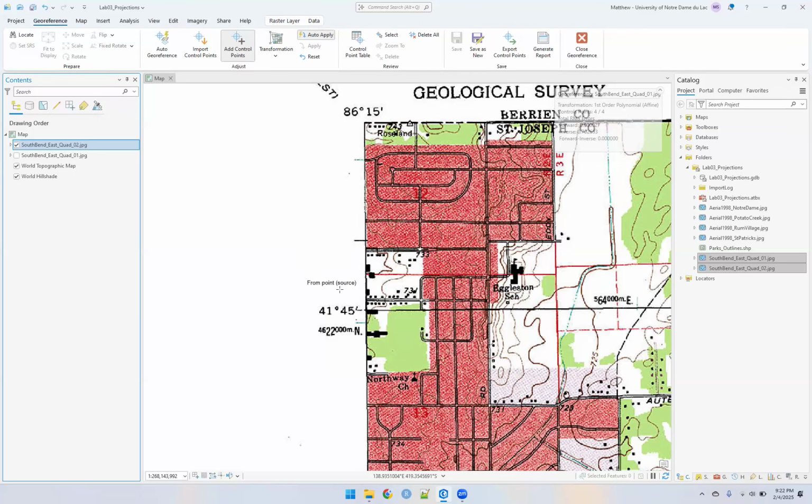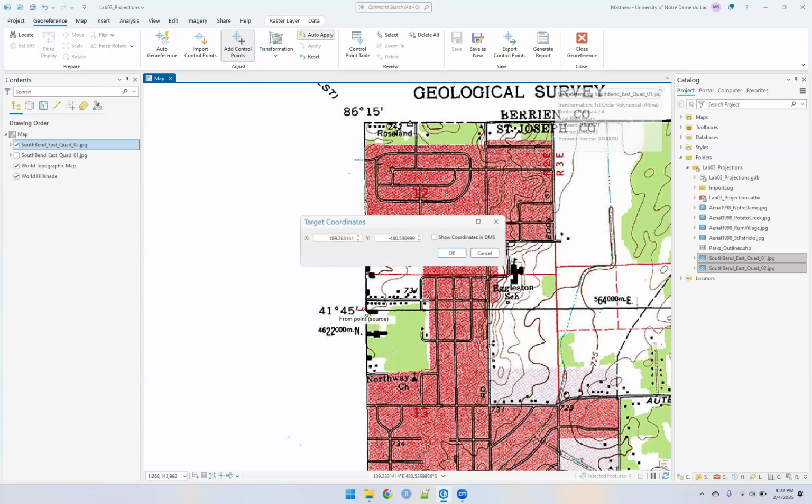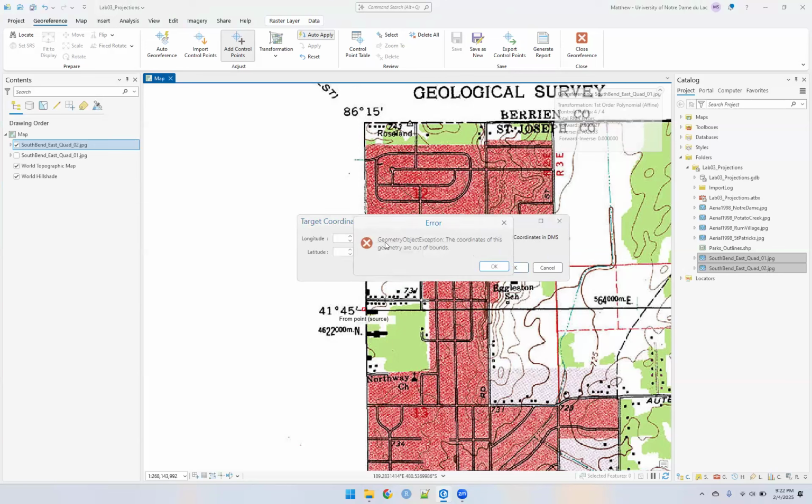I'm going to add a control point. Click on my spot. Show coordinates. Yells at me slightly. So my longitude again, 86, 15, 0, west,